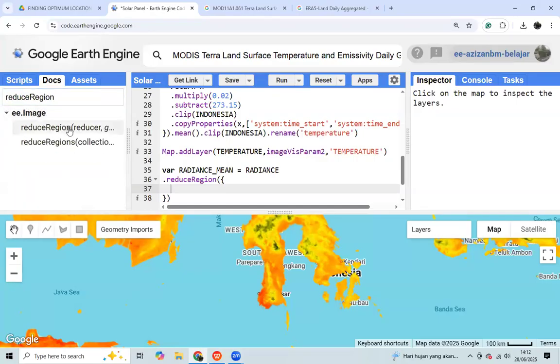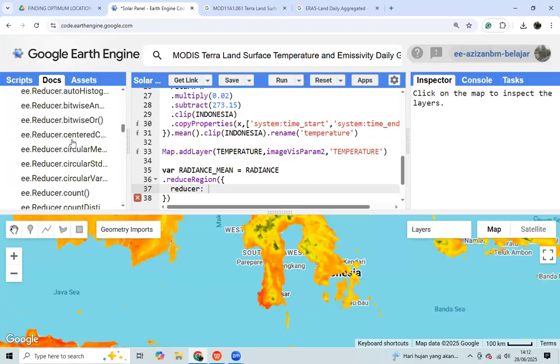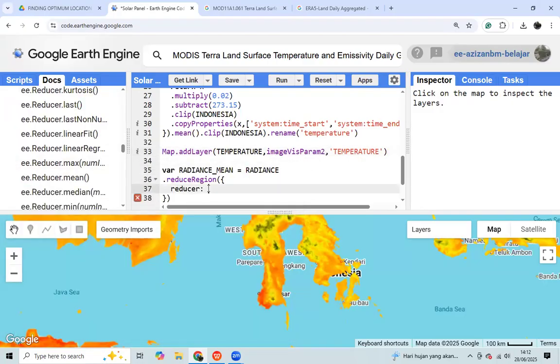We need first a reducer, because we want to find the mean of the radiance with the specific reducer for finding a mean, which is the reducer mean.